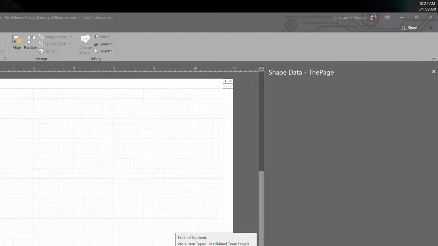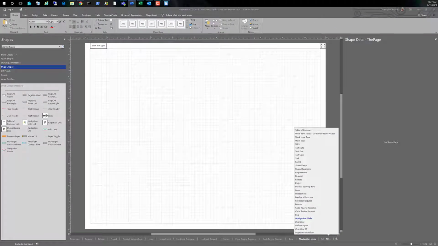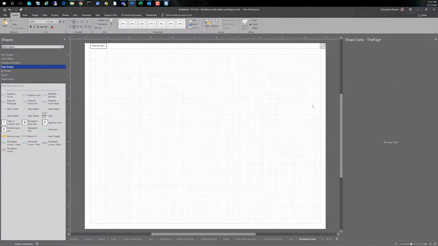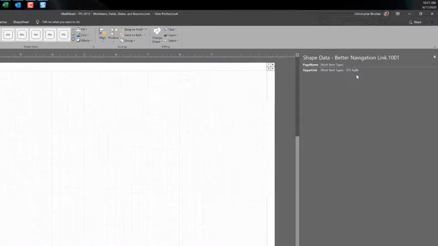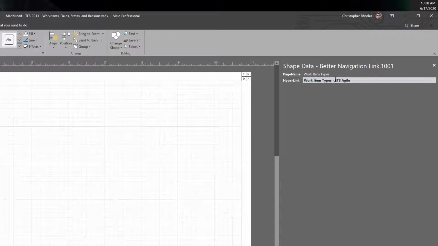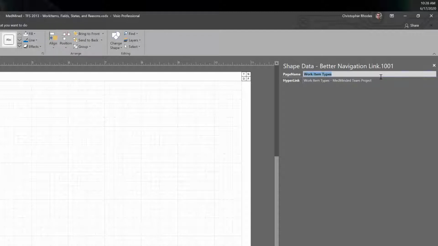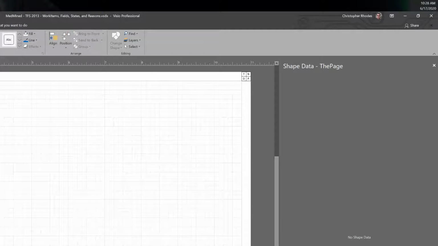If we click on the all page, work item types, MedMine team project. Okay, so if we click on this and go update the hyperlink, MedMine team project. And now if we hold down the Control key and click,